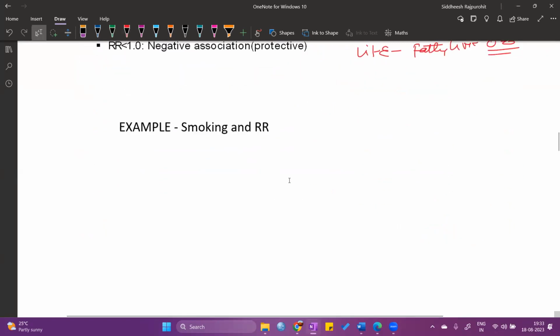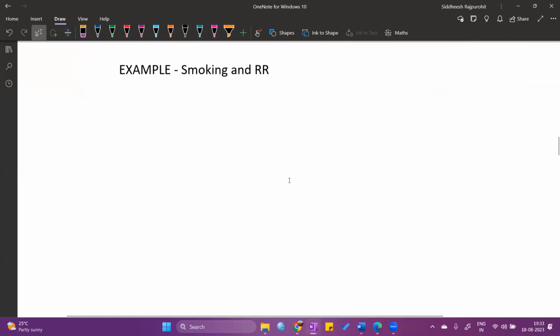Now, let me give you one simple example with the help of smoking and RR. So please try to follow what we are doing now. Suppose we have a population of 500 normal individuals. Out of 500, 80 are smokers. 80 people smoke on a daily basis. Now out of 500, 125 individuals have MI, and among them, 45 are